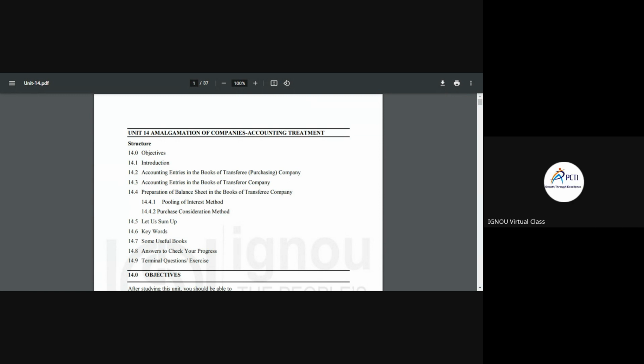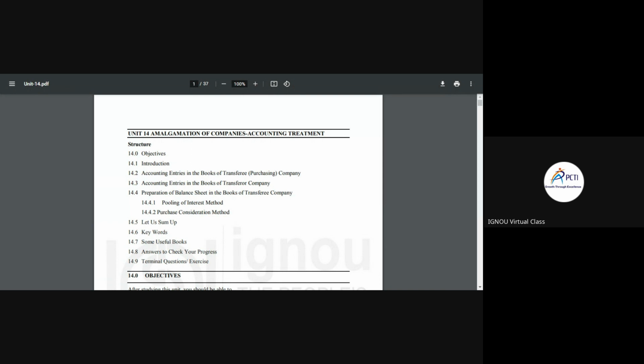So today our topic for this block 4 is amalgamation of companies accounting treatment. In the last class we have already discussed what is amalgamation, what is absorption and what is reconstruction. So today we have to check the accounting entries, that if two companies are amalgamating with each other, then what kind of accounting entries we need to record, and how we can make a balance in these entries,